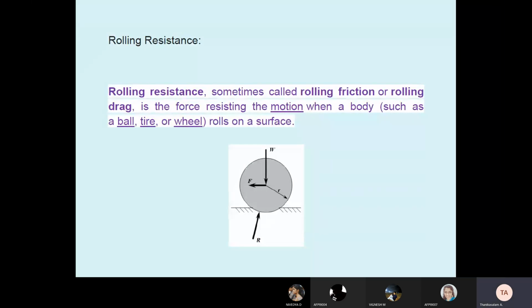Some amount of friction must be there. Only then will the car or bike run in a balanced way. There is no more friction, there is no less friction. Suppose we are standing on the floor. If we are standing, definitely there is friction between our foot, that is the chappal, and the floor. Otherwise, definitely we can't stand. We can fall down or slip down.